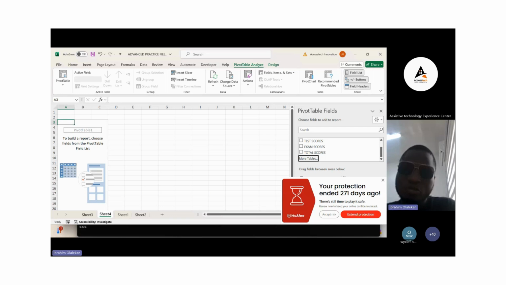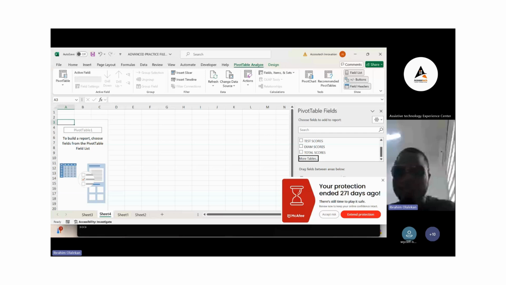So let me go back to subject taken. Totals, exams, test score, subject taken. Checkbox unchecked. I want to put this subject taken in the, let me see. So we have what is called labels in a pivot table. You have column label, row label, and values. Now column label is